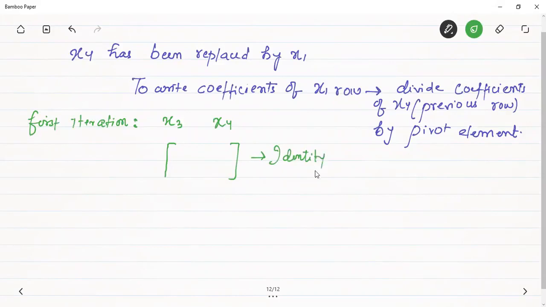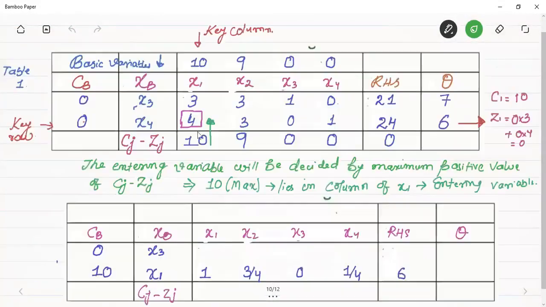इनके जो कोएफिशिएंट्स हैं they should form an identity matrix, and you know what identity matrix is, that is this will be 1, this will be 0, this will be 0 and this will be 1. हर किसी टेबल में ये स्टार्ट में खुद से ही बन जाएगा। देखिए x3 यहाँ पे है, x4 यहाँ पे है, इनके कोएफिशिएंट्स दे आर फॉर्मिंग एन आइडेंटिटी मैट्रिक्स, 1 0 0 1। ओके, बट किसके ऑर्डर में, इन द ऑर्डर ऑफ द बेसिक वेरिएबल्स, x3 x4। x3 के नीचे आना चाहिए 1 0, x4 के नीचे आना चाहिए 0 and 1।